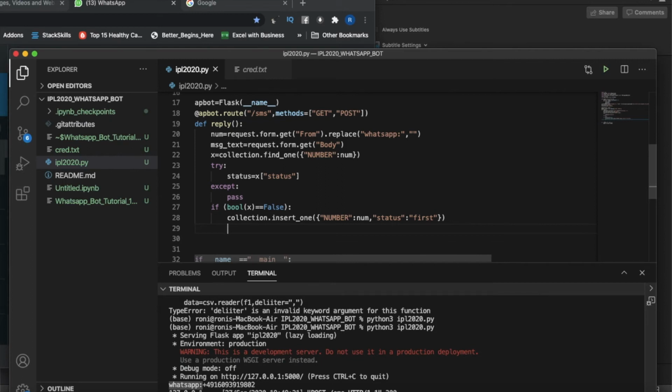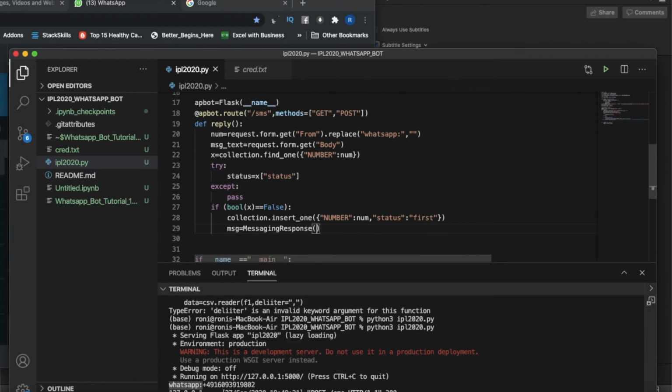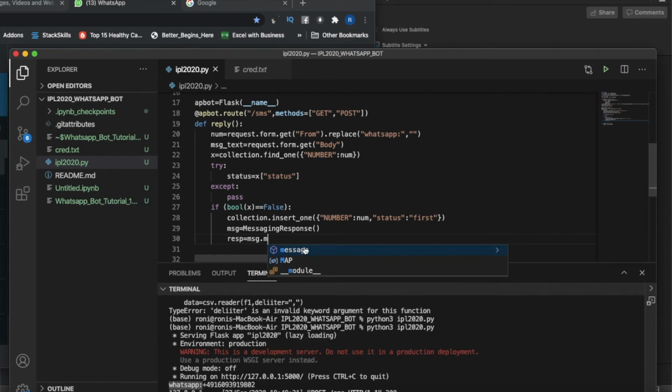So it should be msg equals MessagingResponse, like this. Then resp equals msg.message, meaning I'll be going to add some message over here.